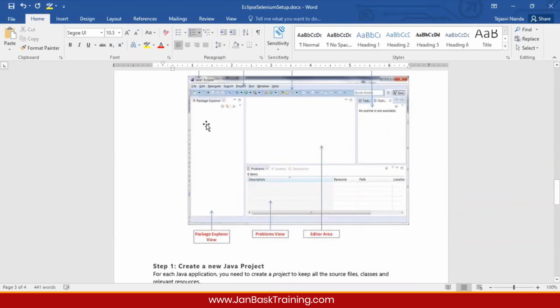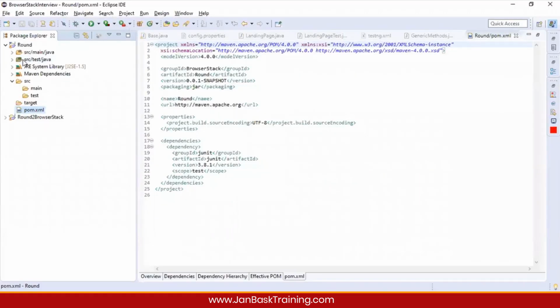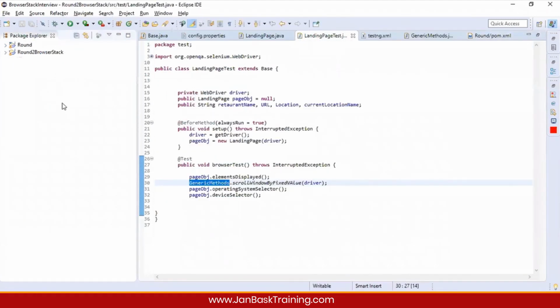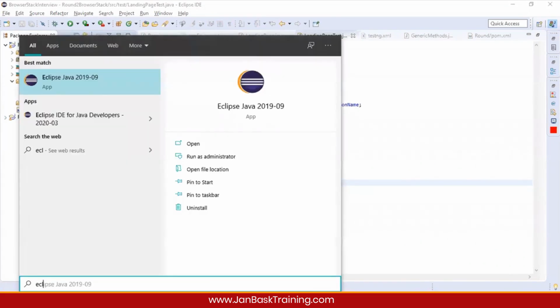So mainly we need to work with this window that's called Package Explorer View. So this thing will open up for you. Okay, so this is called Package Explorer. Over here we have different options. So usually we work with this type of screens. Once this screen is open, right? So this will open like an empty screen for you. Let me open an empty screen.